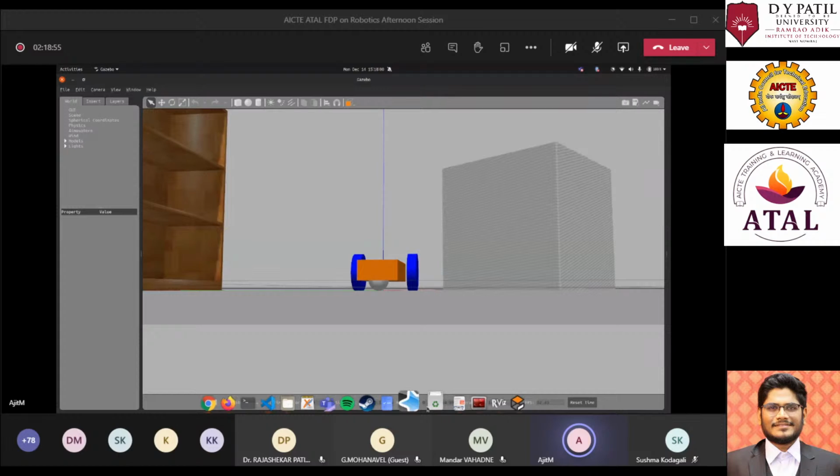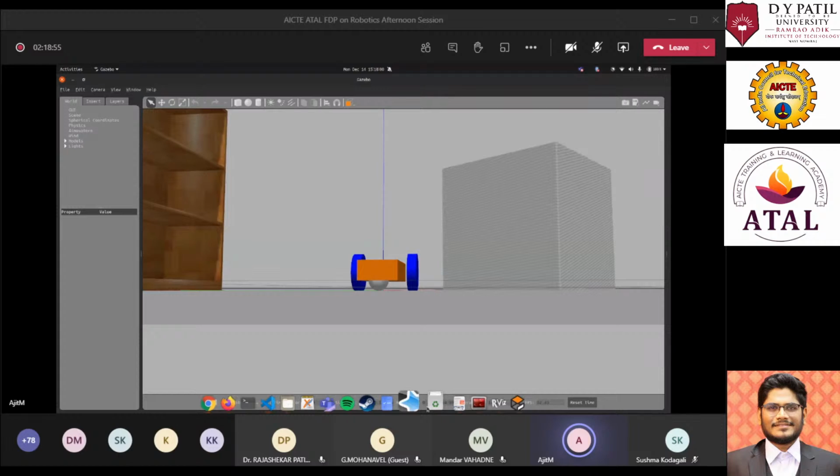So for geometry, I have given a cylinder with a radius of 0.1. This radius is in meters, so it comes to around 10 centimeters, and the length is about 0.05, which is the thickness of that wheel. Now this will have its origin at 0, 0, 0, and here I have rotated it a bit, in the pitch axis and in the yaw axis. Now you can see the robot model over here, and if I make the changes over here and just make it 0, 0, you will understand how the wheel is spawned in the gazebo world.